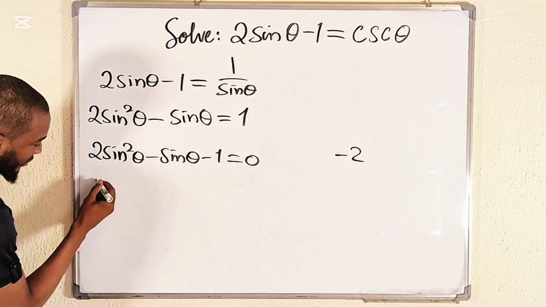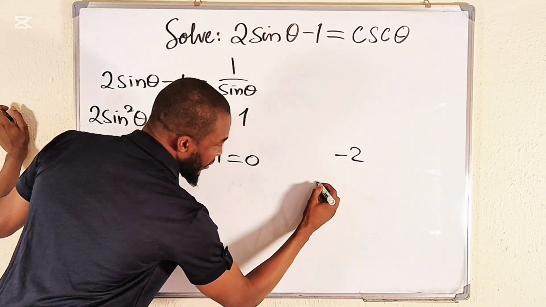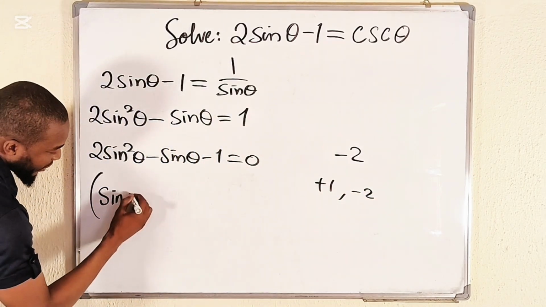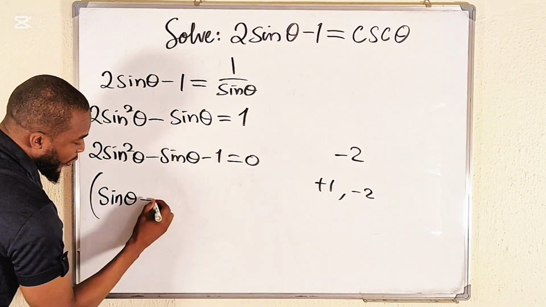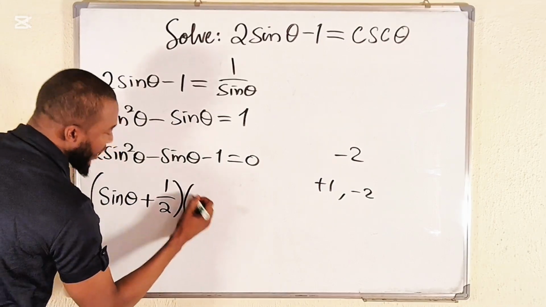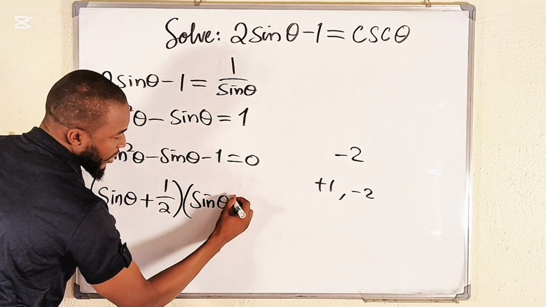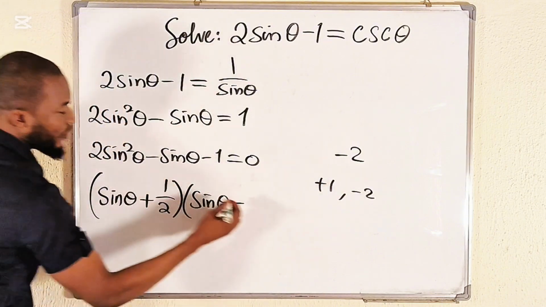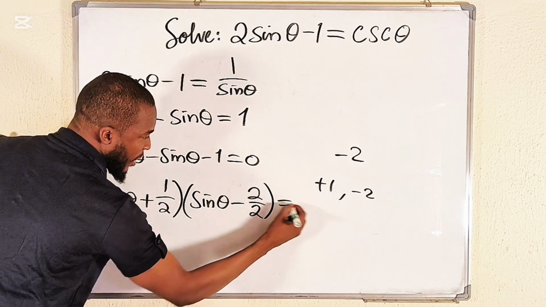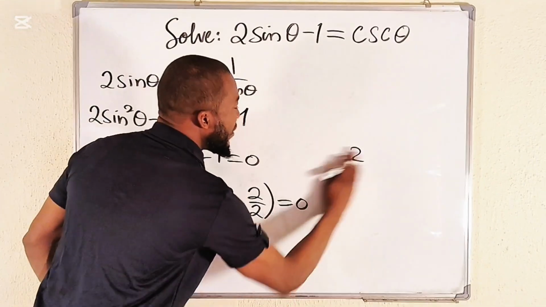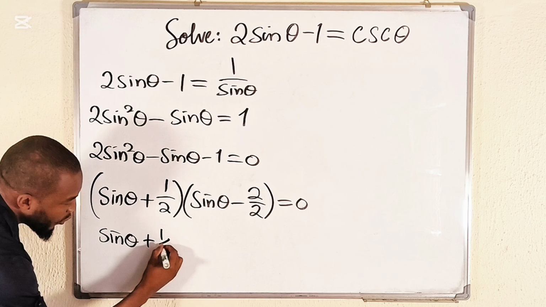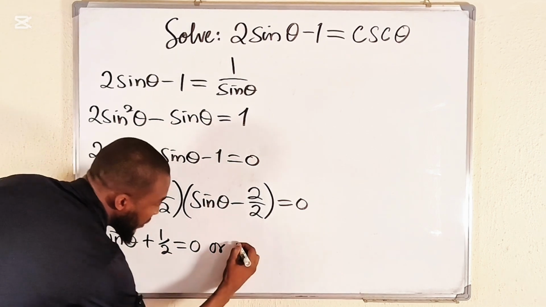So you can factorize it as, remember the two numbers, right? Positive 1, negative 2. These are the numbers. So we have sine theta, right? Take the first one plus 1, but always divide by the leading coefficient. 1 divided by 2, multiply by sine theta again, minus 2 divided by 2. Can I write 1 directly? Let me just write it step by step. Everything equal to 0. So this implies that either sine theta plus 1 over 2 equals 0, or